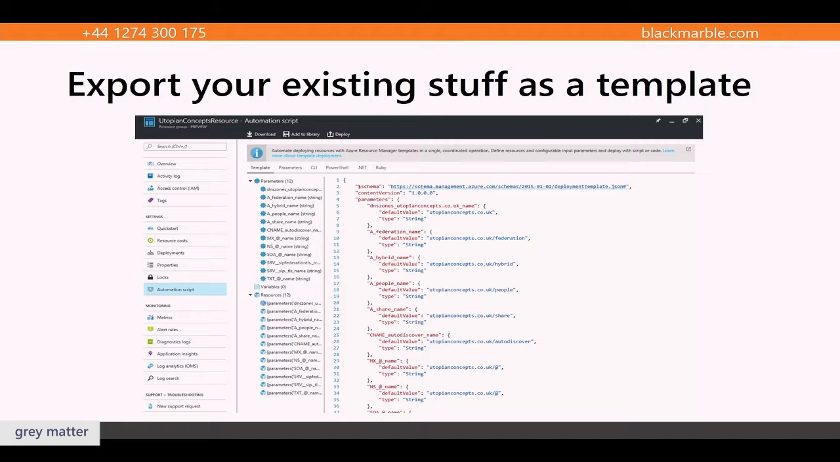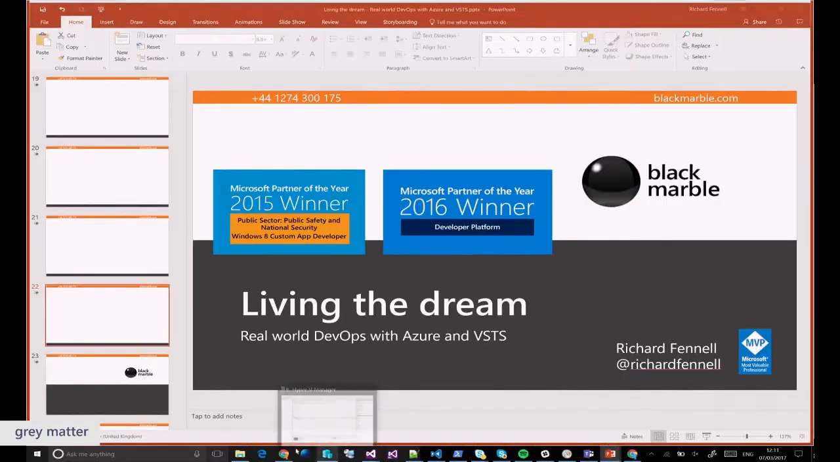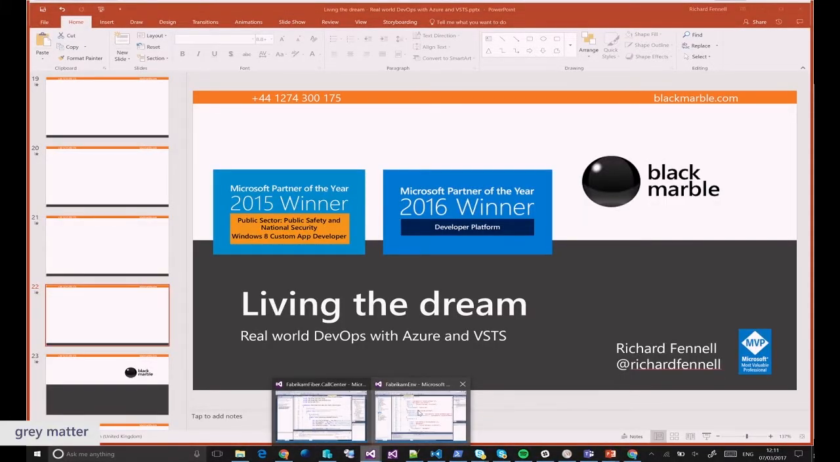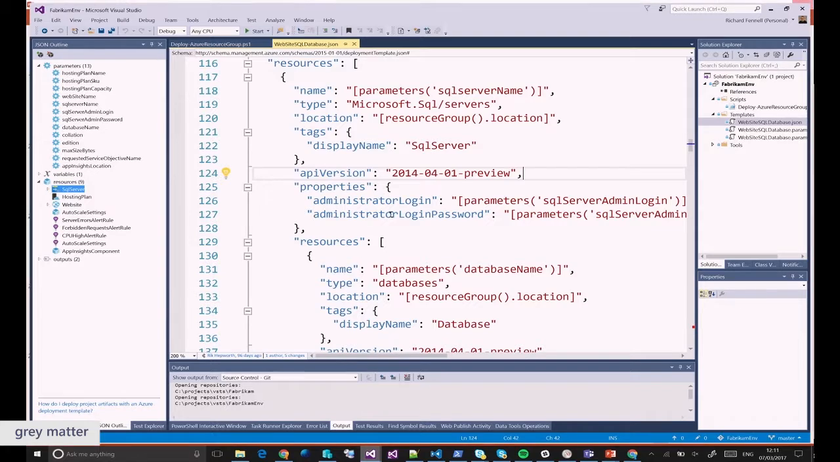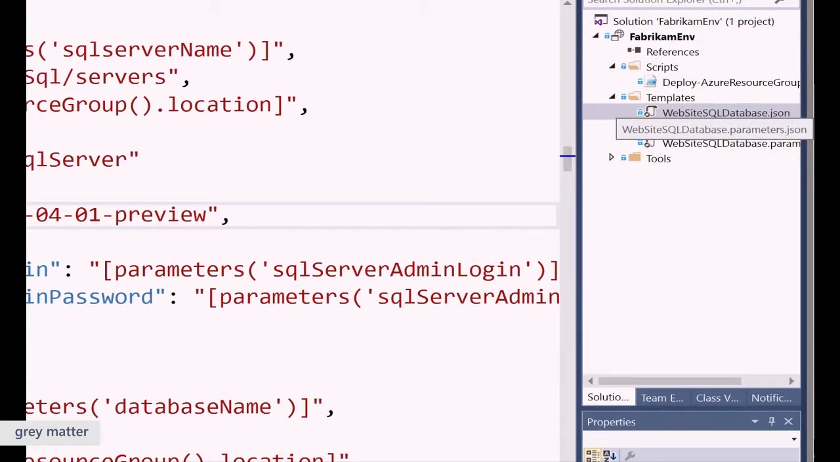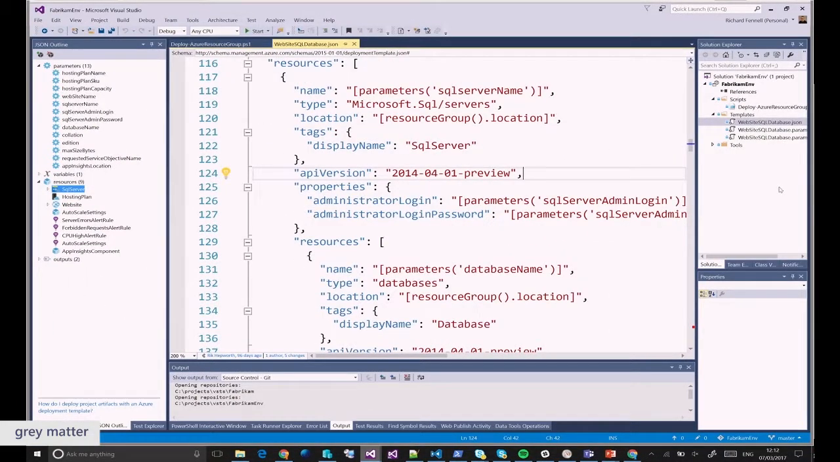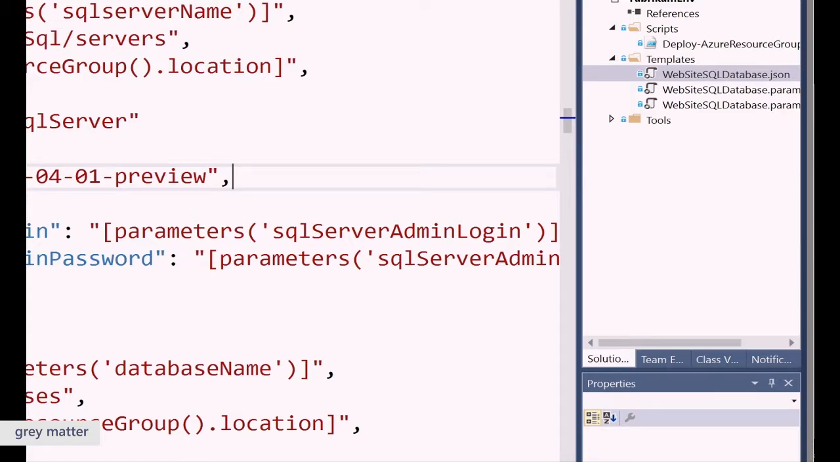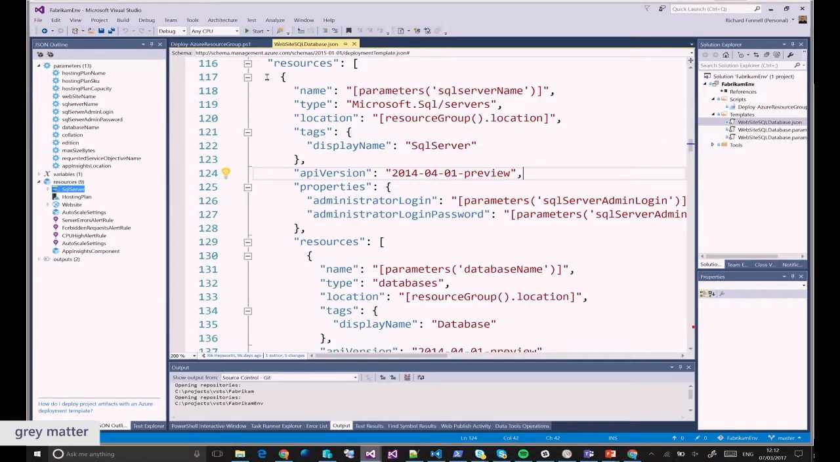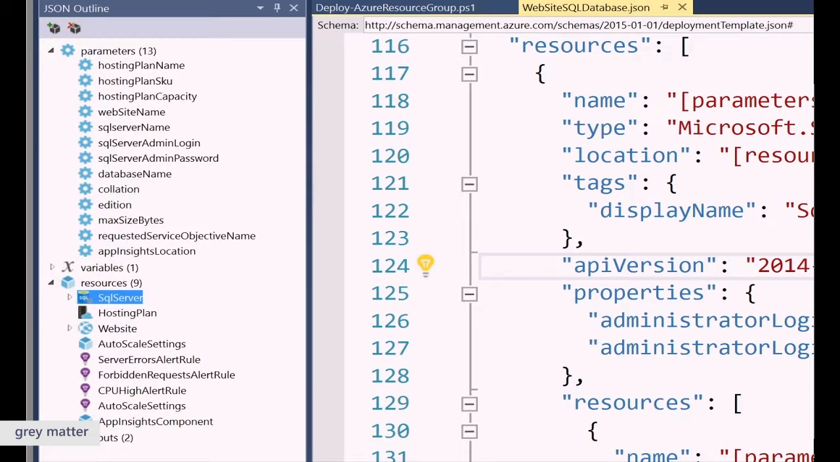And at that point, I will quickly show you one, because I think we're doing okay on time. So if I go in and have a look down here, I have an ARM template called Website SQL Database JSON. And as we saw before, we've got some parameters that we want. We take quite a few parameters here. We don't use many variables, but you can see our